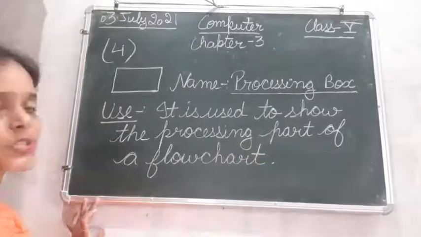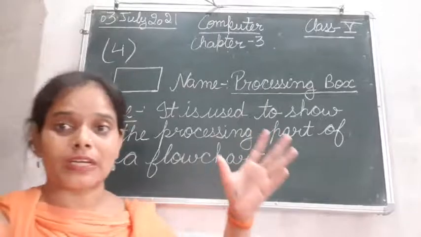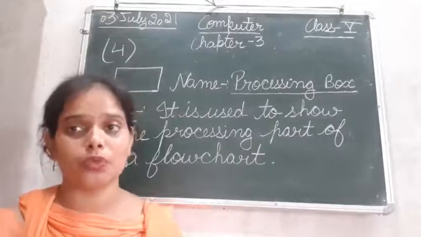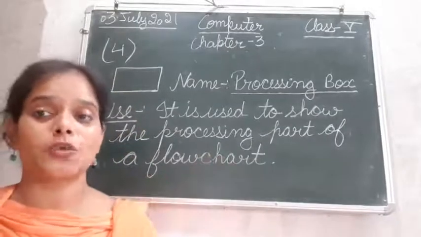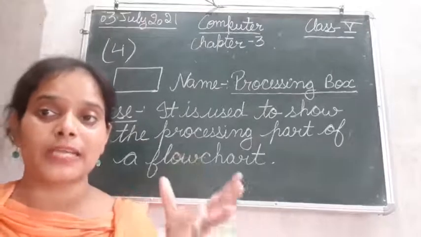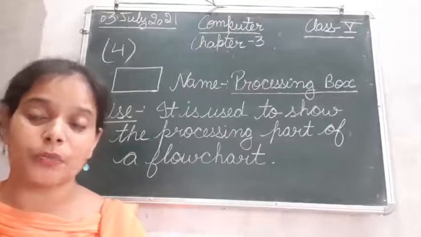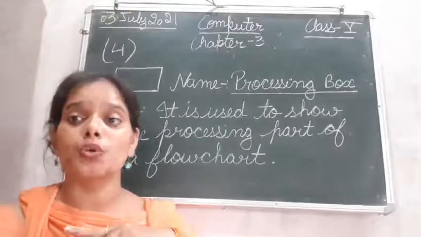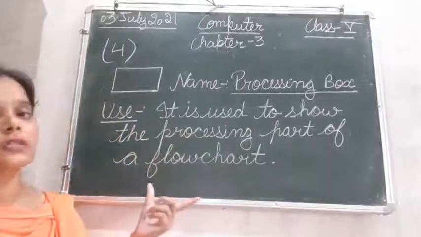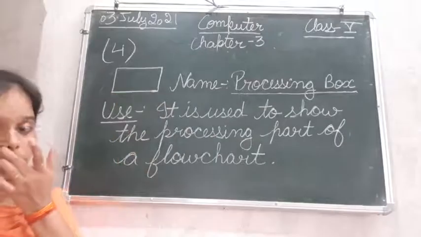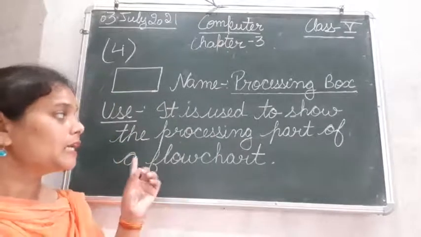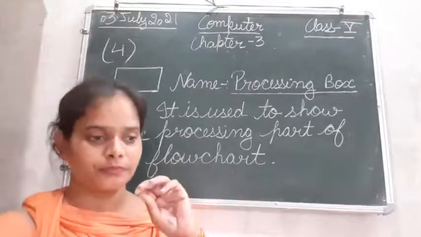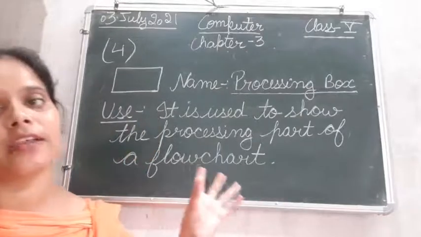तो जितनी भी flowchart में processing होती है, जब हमारा काम हो रहा होता है, so when it is being done, जब अभी वो हो रहा है, so that is known as processing. जब काम शुरू होता है, that is known as start, and जब खत्म होता है, that is known as stop. Okay, जब instructions देते हैं, that is input. जब वापस result मिलता है, that is output. And जब input से output तक जाने के बीच में जो time gap होता है, that is known as processing. So for this we use the rectangular box. So the processing part of a flowchart or a program is shown or indicated in a rectangular box.